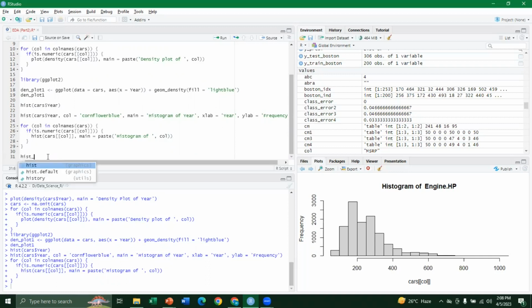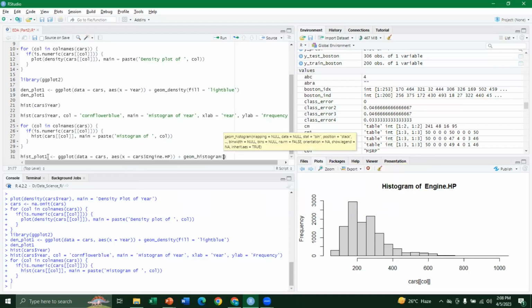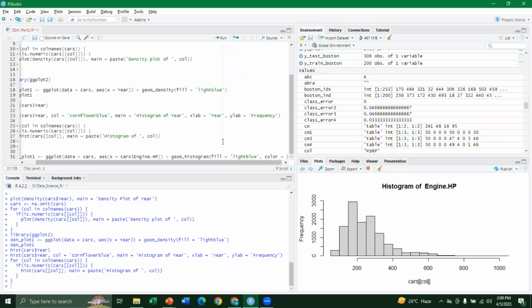I will say histplot1, and here I use the ggplot function, and I say take the data equals to cars dataset, and the aesthetic equals to x equals to, and for instance, we take the variable of engine horsepower, and here I say geom histogram, and I use the parameter of fill equals to light blue, and I say color equals to white,